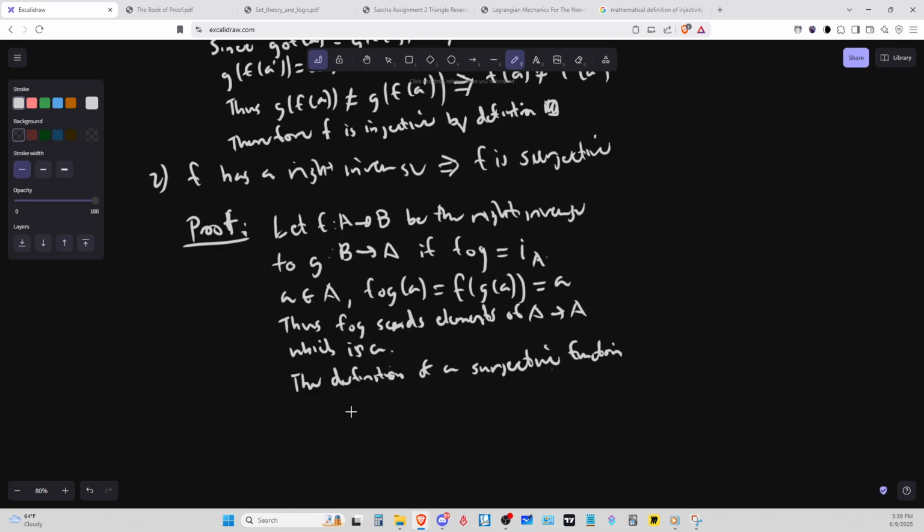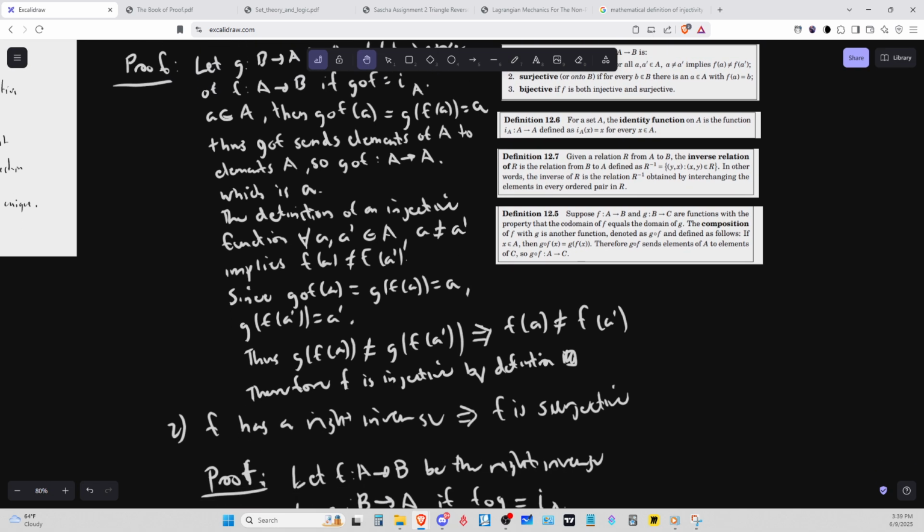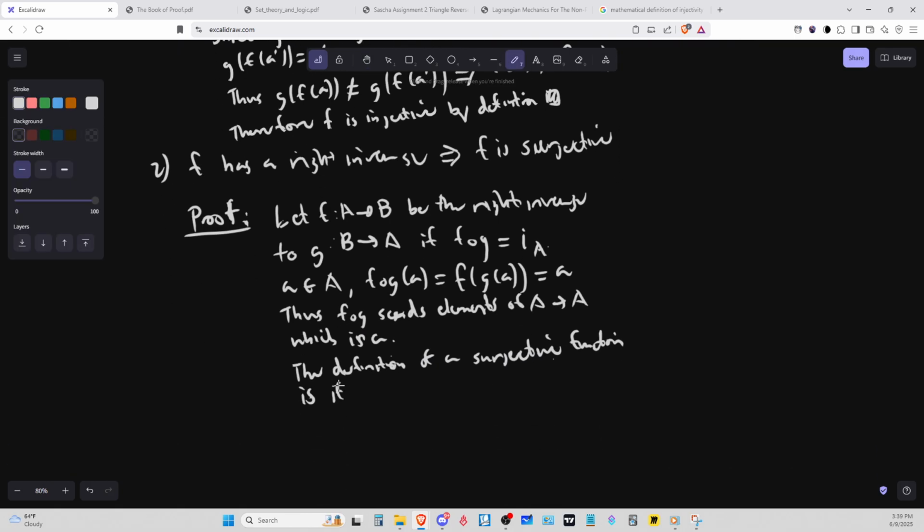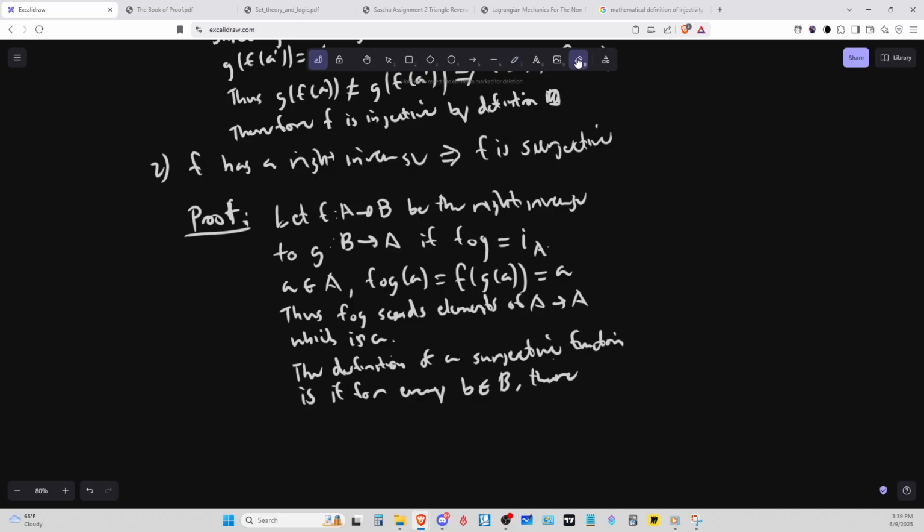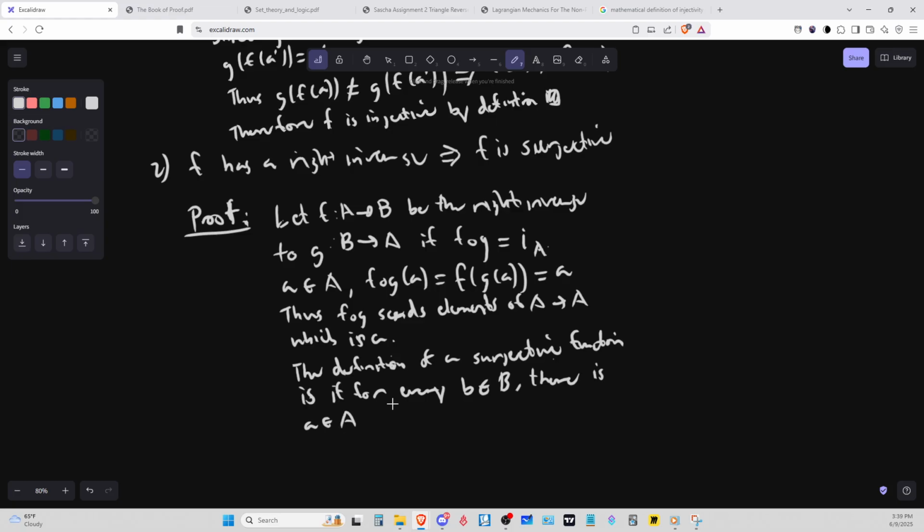A surjective function is if for every b in B, there is an A with f of A equaling B. Okay. Now,